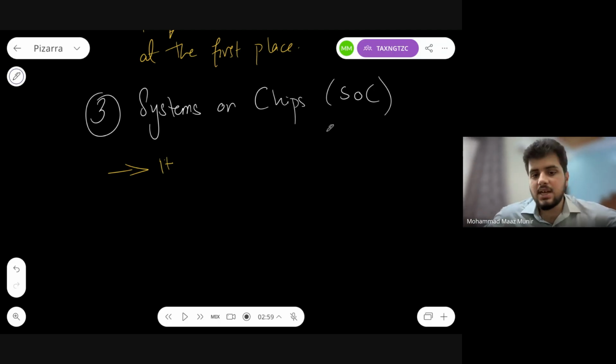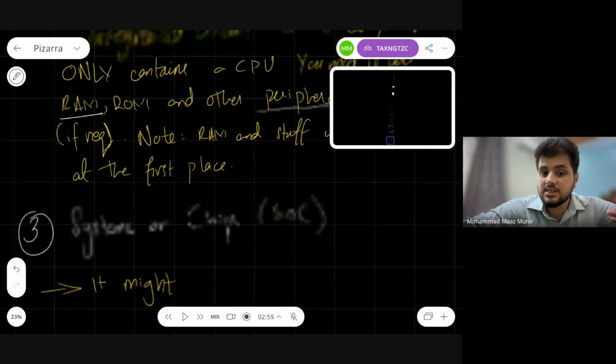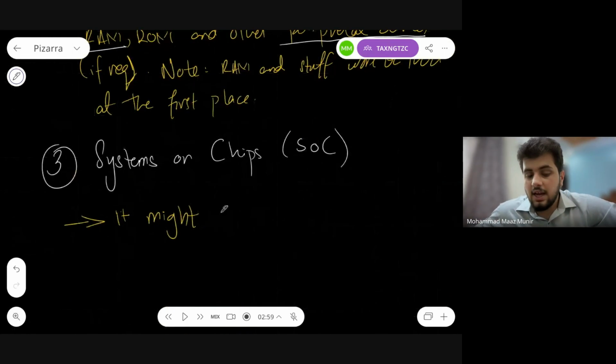So अब system on chips क्या चीज होती है? System on chips is basically the upgraded form of your microcontroller. So the very first thing you need to know is कि a system on chips, it might contain this, it might already contain the microcontroller which we discussed ऊपर. So हम ये बोलते थे, it might contain,